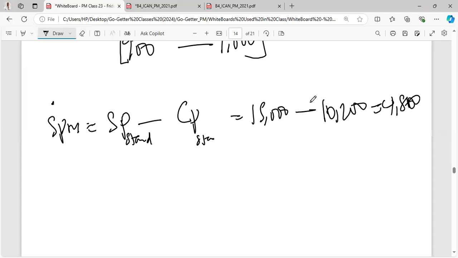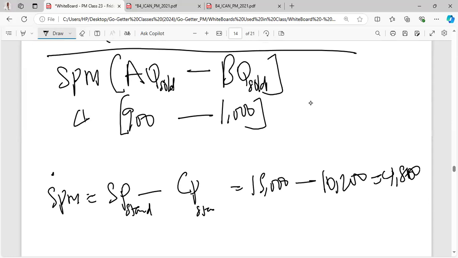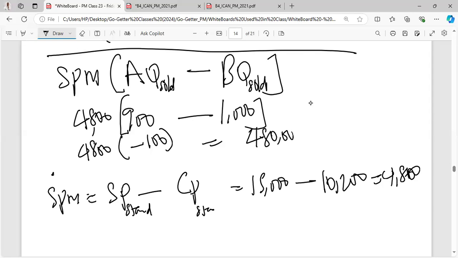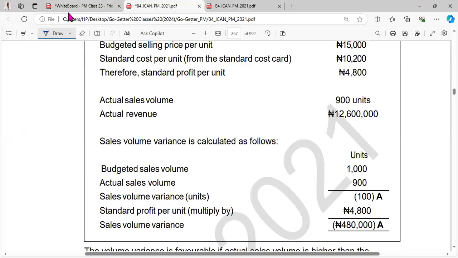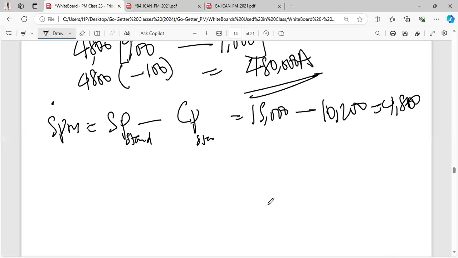So we take it down here, 4,800 minus 100. So that will give us 480,000 adverse. Okay, so it means that if you were to add these two,